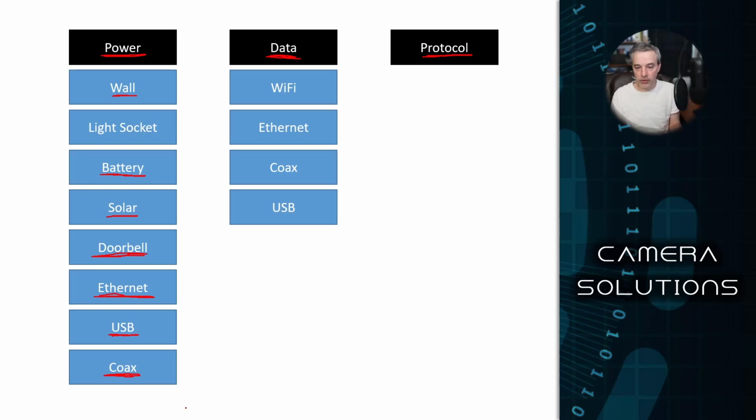And so you can use USB for shorter runs if you want to consider this as a part of your surveillance solution as well. So let's talk protocols that are going to work over the data connections that we've just talked about. Now, of course, one of the most common protocols for this kind of setup is RTSP, real-time streaming protocol. It's an old protocol. It's been around forever. It's probably not the best protocol out there, but because it is so ubiquitous, most cameras